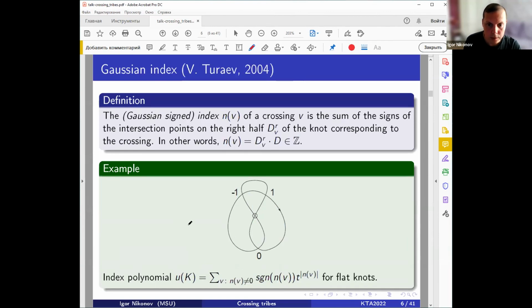About this time, Vladimir Turaev introduced another knot invariant. He worked with flat knots, that is, virtual knots where we don't distinguish between overcrossing and undercrossing. And again, we can take some crossing and take the right half of the diagram at the crossing, and then take the intersection number of this right half and the cycle that represents the diagram. We get some integer number,